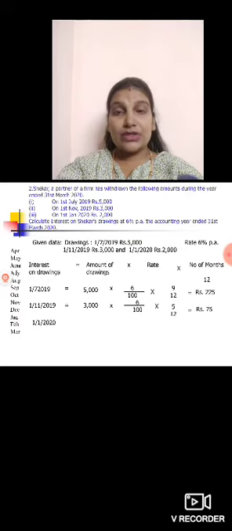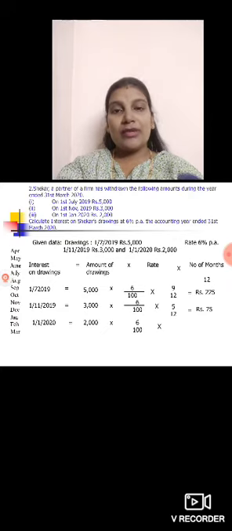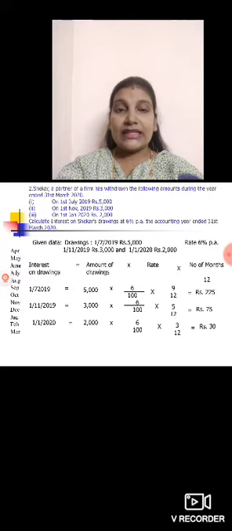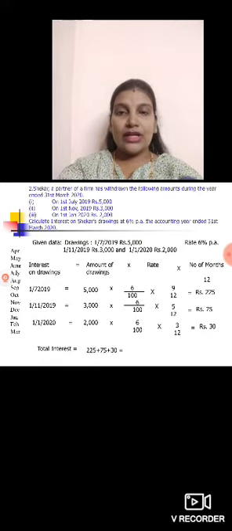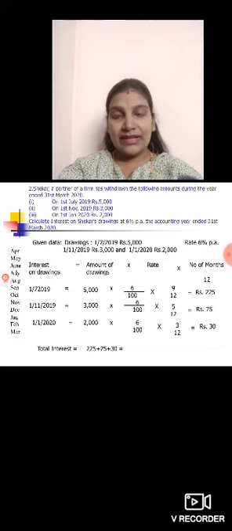So next withdrawal you have on 1st of January, 1/1/2020. Okay. So what is the amount he has withdrawn? Rupees 2,000 into 6%, same rate of interest, into number of months. How to count? January to March: January, February and March. So totally how many months is it? 3 months. 3 divided by 12. So how much total interest will you get? 30. So he has withdrawn on different dates, so you have different interest here. All together you should add: total interest equals 225 plus 75 plus 30. So total interest on Shekhar's drawings, how much do you have? 330 rupees.